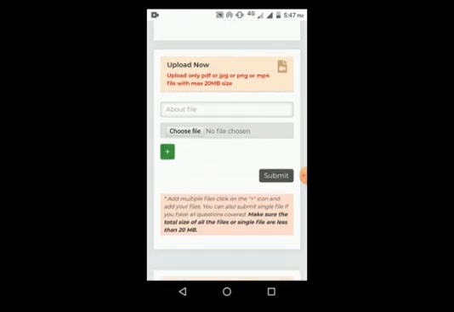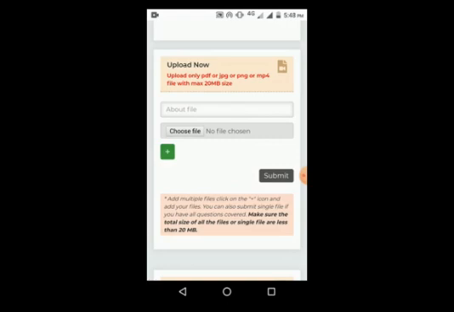See, in red ink it is written: upload only PDF or JPG or PNG or MP4 file with maximum 20 MB size. Remember this thing, whatever file you upload, the size should not be more than 20 MB.